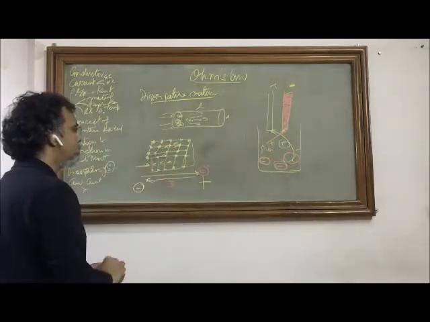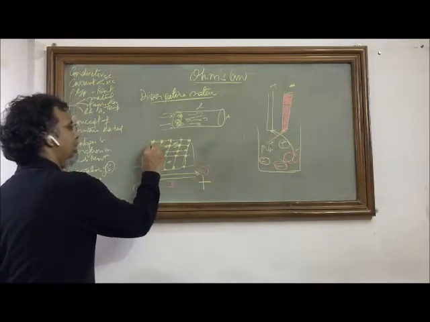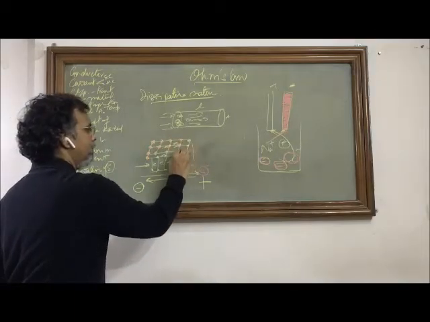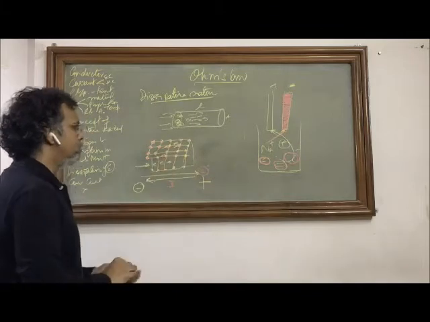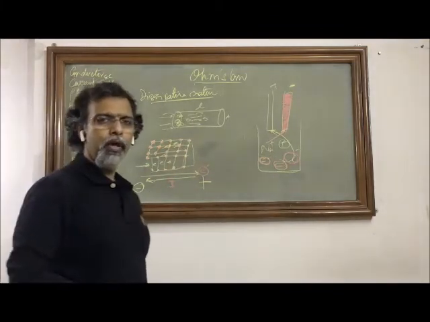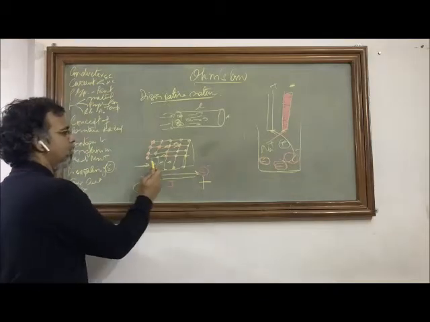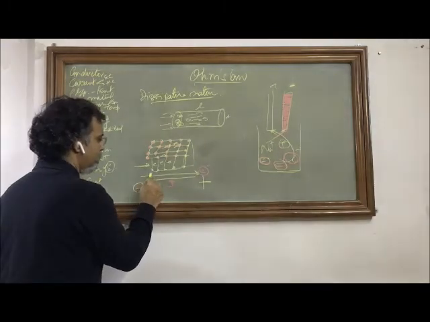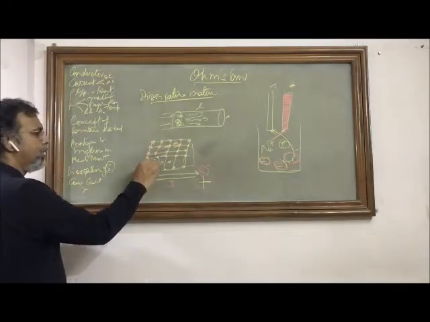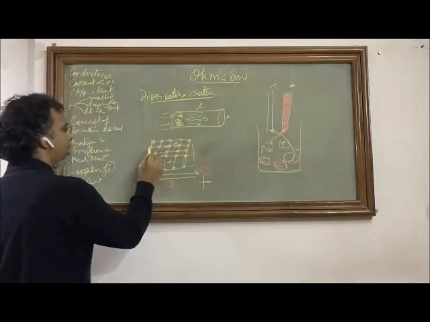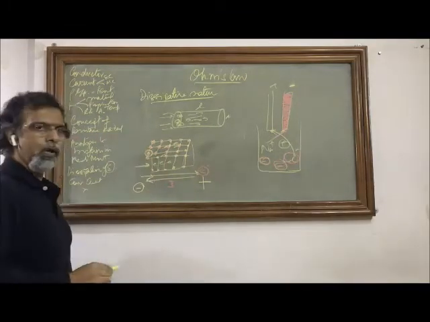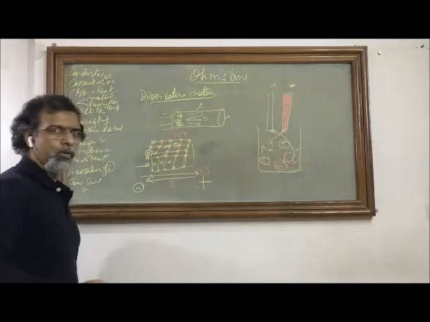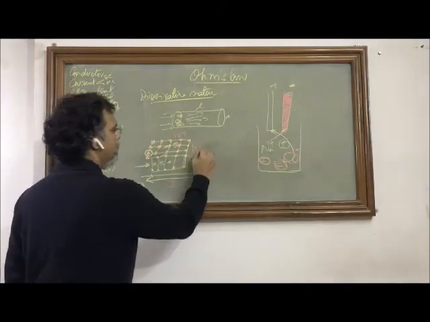Same way here, you have all these vertices with heavier atoms of the metal, but they are not moving. However, they have every chance to collide with these rampantly moving electrons. These collisions may occur here or here. The electron, which was moving with a very fast velocity, will lose some of its energy, and that energy will never come back to the electronic system. A part of it will be retained by these atoms, and it will raise the vibrational energy of these atoms, or of this crystal lattice, which is a measure of the temperature of this crystal.